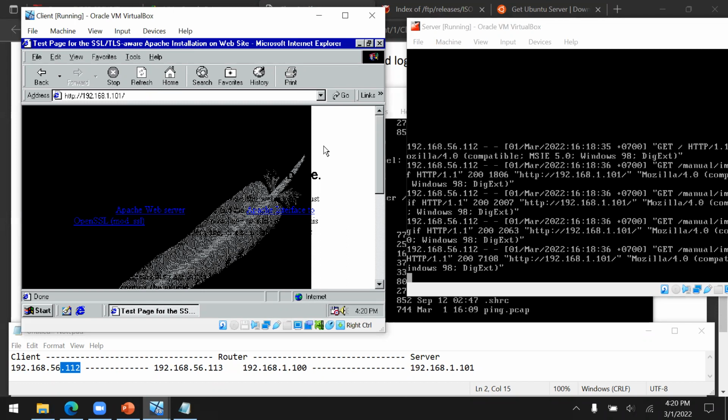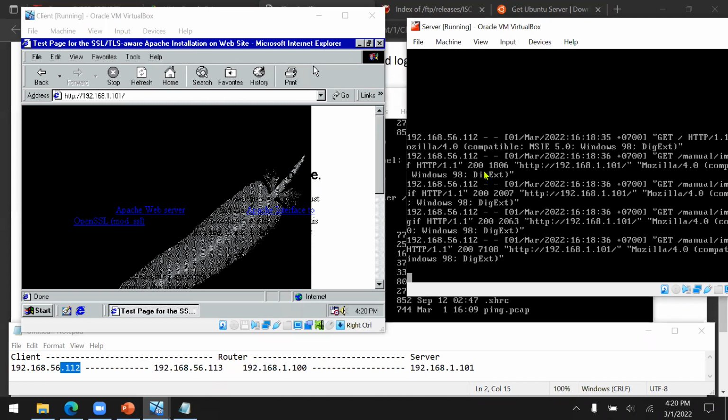Okay, now let's try to, wait. Let's try to put an enter in here so we can understand the difference between the first session and the second session. Previously, we used the first session. The first session is the one where the client sends a request, and then the server responds with the response. So request, respond. Client sends request, the server sends response. So request, respond. Okay, so that's one session. Now we're going to use the second session. I'm going to try to enter this again.